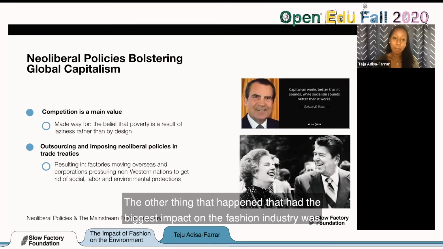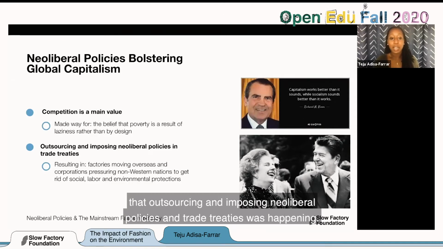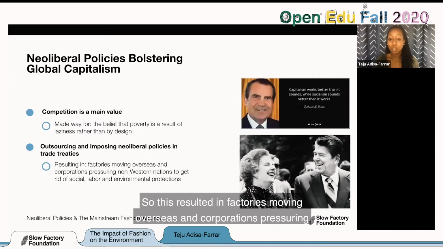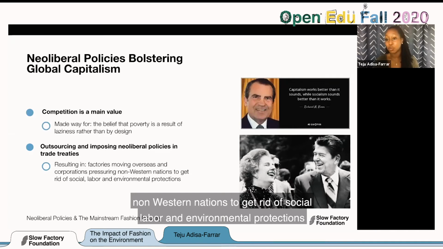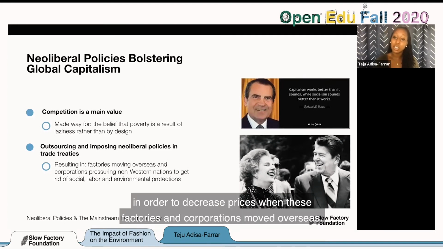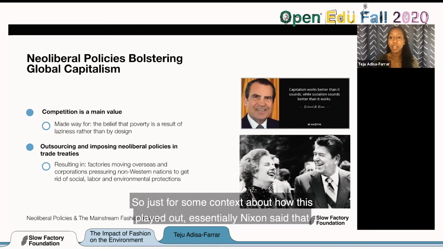The other thing that happened that had the biggest impact on the fashion industry was that outsourcing and imposing neoliberal policies and trade treaties was happening. So this resulted in factories moving overseas and corporations pressuring non-Western nations to get rid of social, labor, and environmental protections in order to decrease prices when these factories and corporations moved overseas. So just for some context about how this played out,